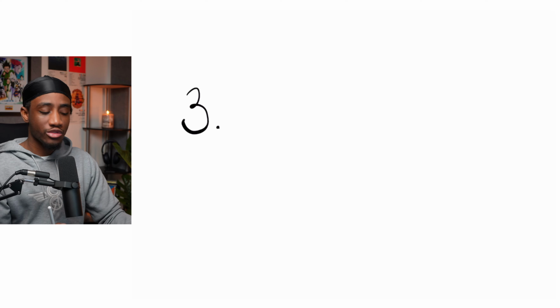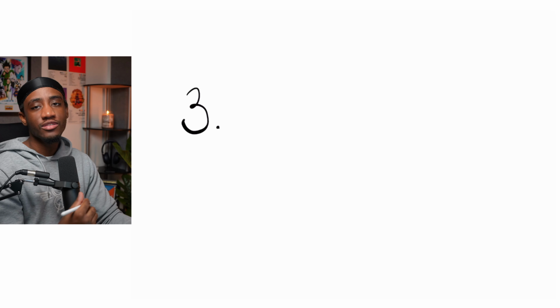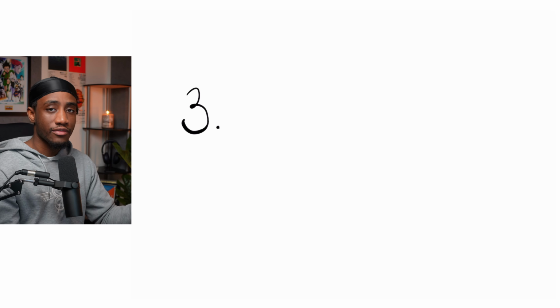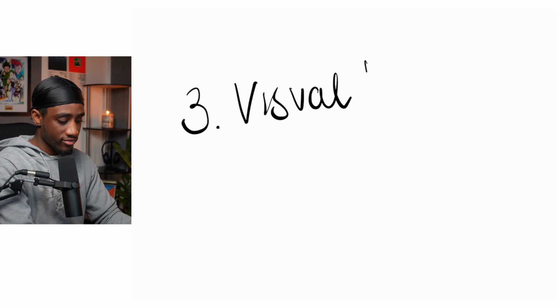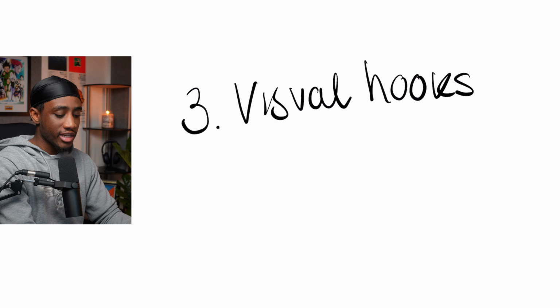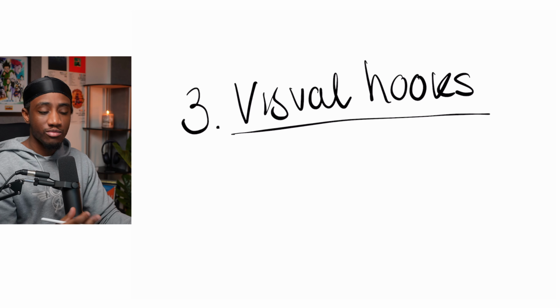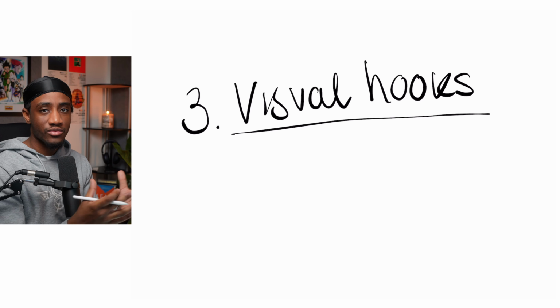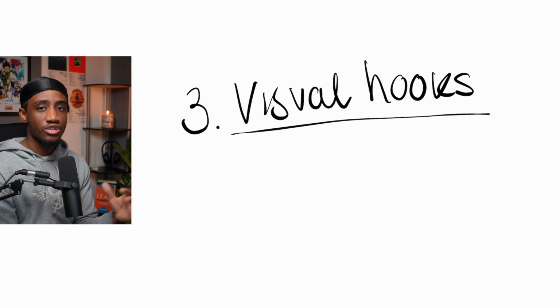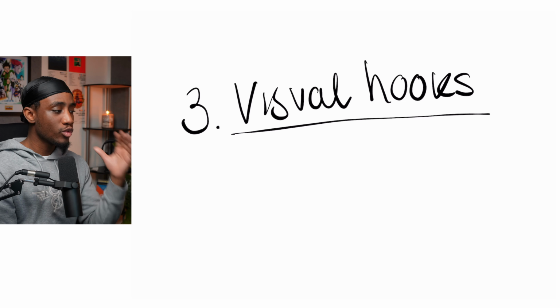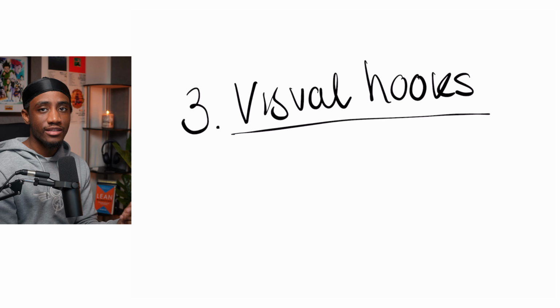And moving on to number 3, it's the hooks, but not just the verbal hook, like, hey, never open Premiere Pro again. It's also the visual hooks, right? And you guys can search this for yourself. Humans process images, videos, whatever it is, 60,000 times faster than text. So when you show visuals in your hook, people will understand the video a lot faster than by the time you actually say your sentence.